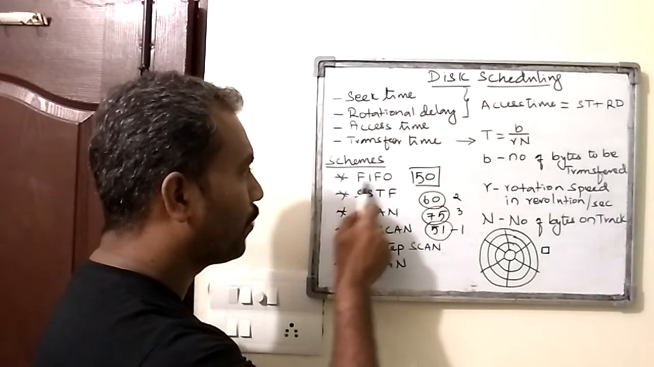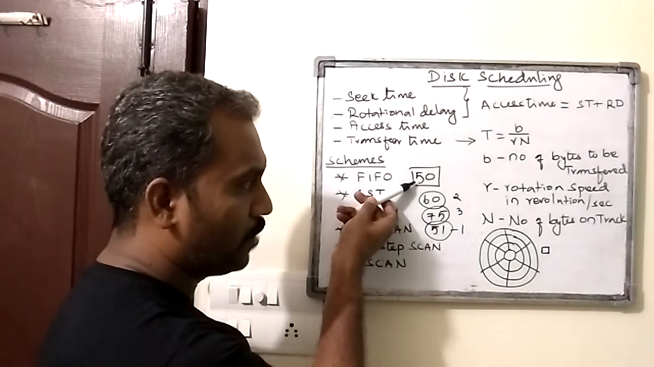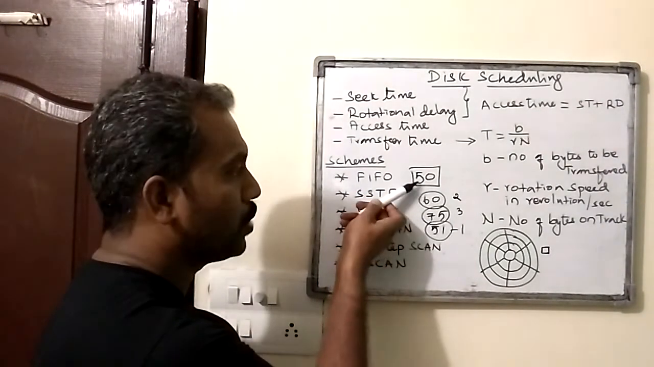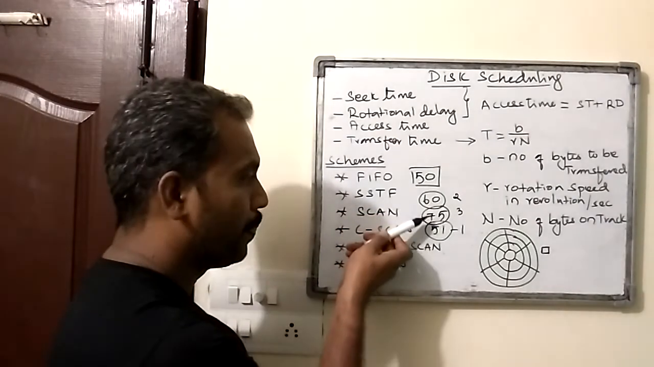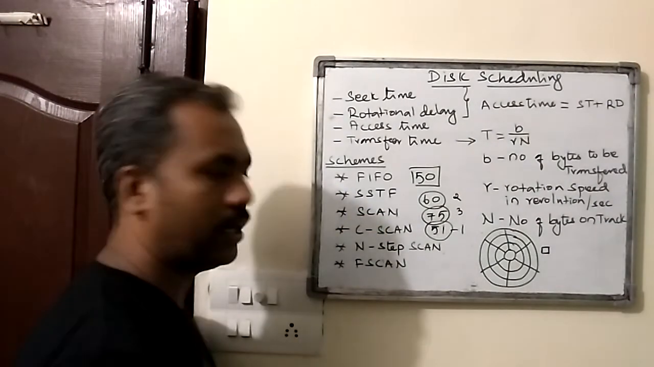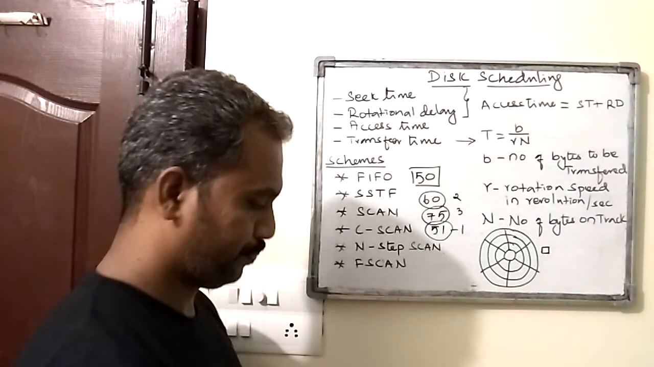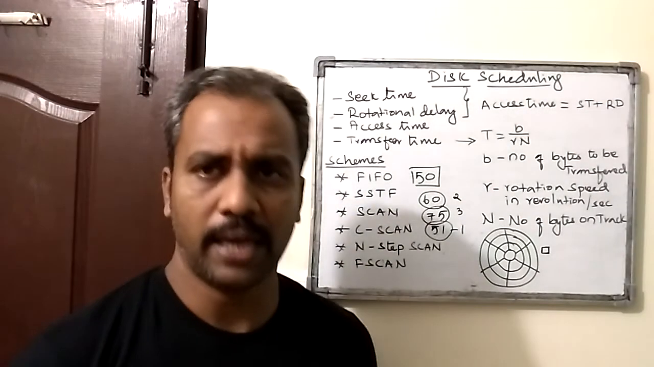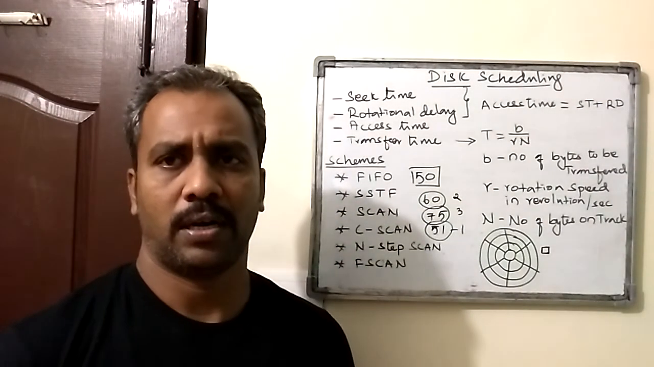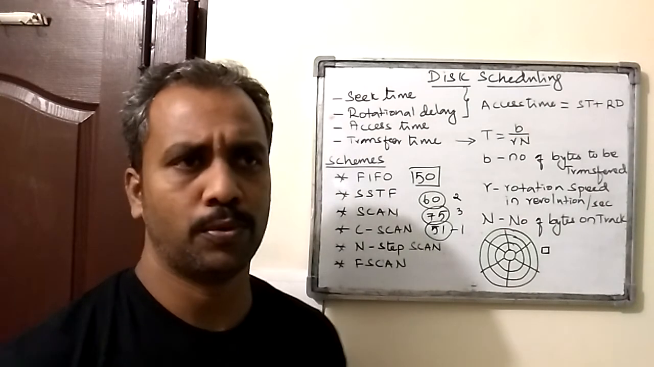But with FIFO, after 50 we have received 60, so it needs to move to 60, then 75, then 51, right? Then the scan algorithm. In the scan algorithm, it is going to move